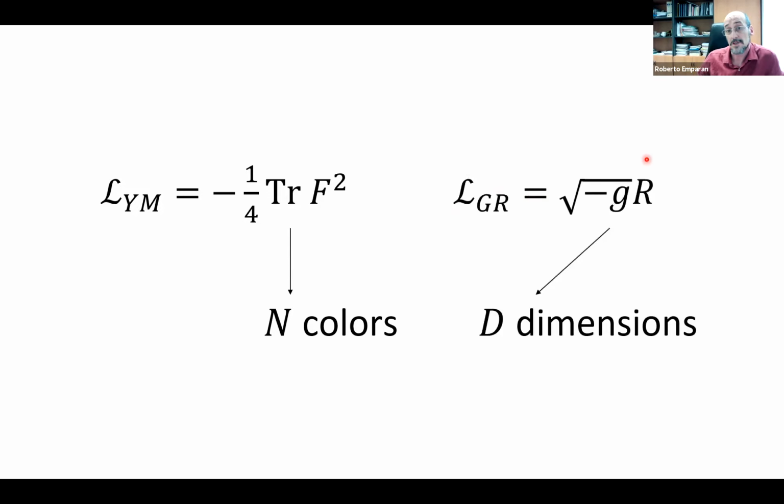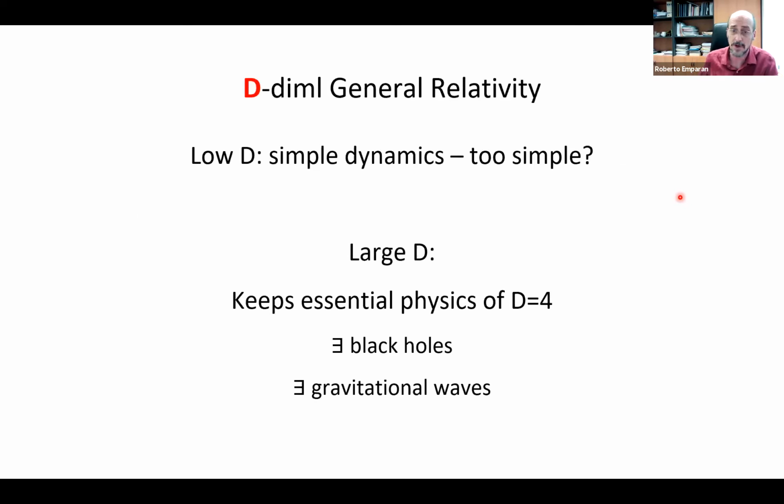Well, actually, yes, because these equations contain another parameter that's hidden here, a dimensionless parameter, which is the number of dimensions. Of course, considering general relativity in a different number of spacetime dimensions D, different than 4, is something people have been doing for a long time. Taking the limit where general relativity is formulated in lower dimensions simplifies the theory a lot. You go to 3 dimensions, you lose gravitational waves. In that case, you lose the black holes. You go even lower and then you lose everything. But you still keep diffeomorphism invariance. So this is a way in which maybe you can study